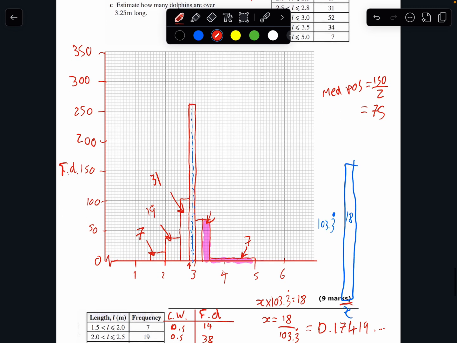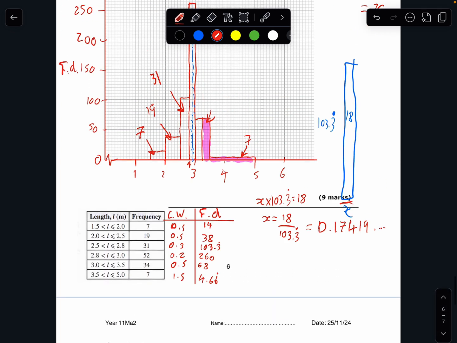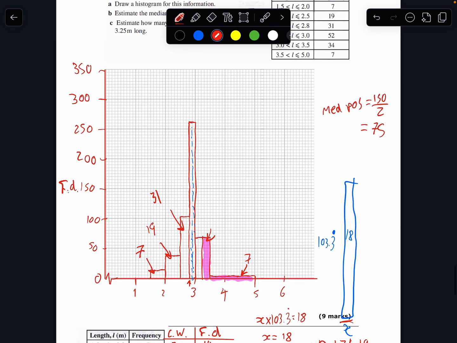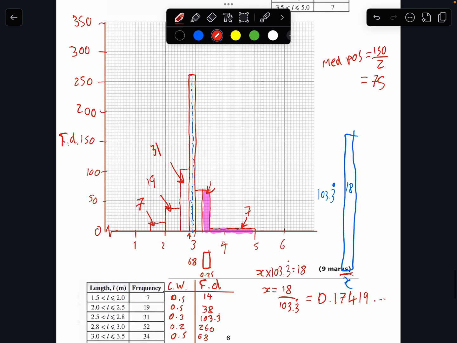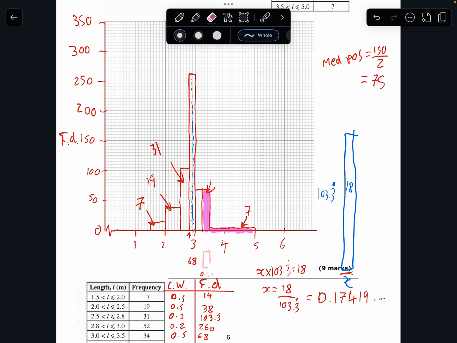We know that this section here has a frequency density of 68. If we're going from 3.25 to 3.5 on my x-axis, that's a distance of 0.25. So I've got a horizontal distance of 0.25 with a height of 68. The area of that is going to be